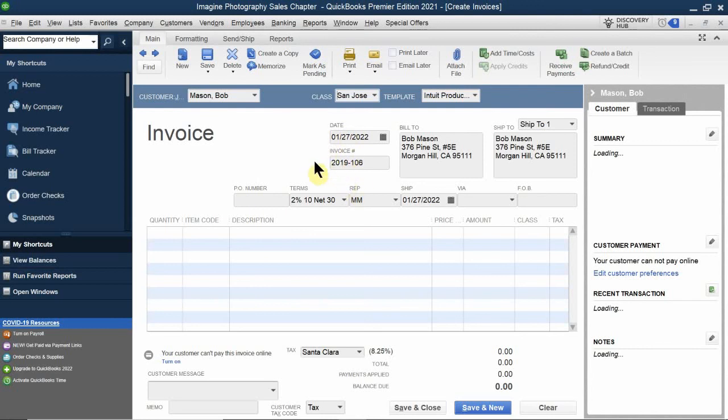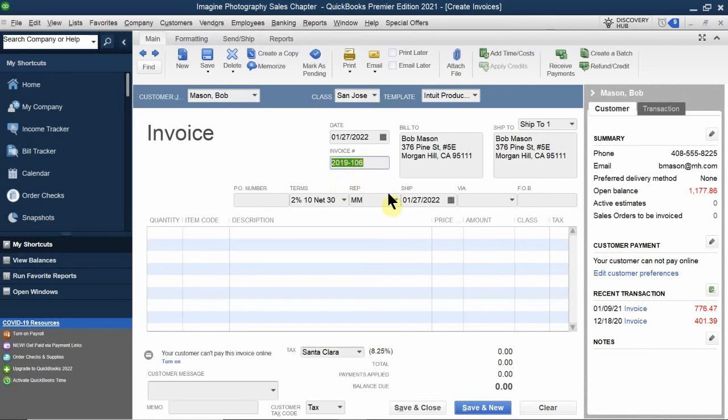And now notice this. What happened to my invoice number? In this case, it already associated that this should be 2018-106. Now that's the thing about QuickBooks: once you designate a number, the next time you issue another one, it's going to take the next sequence number. So in this case, we need to clear this out because it's not 2018 anymore, right? Hence why I kept telling you guys, a lot of these things were made back in the past, and then what they do is they just update the file, okay? So in this case, well, we want to put this as